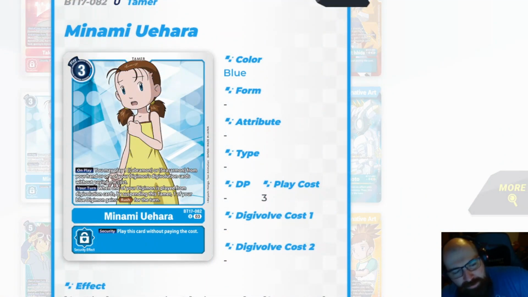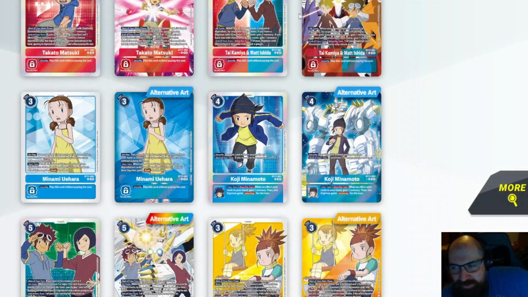Minami, on play, you may play Labramon or Sasarimon from your hand or one of your Digimon's digivolution cards without paying the cost, which is pretty cool. And then when one of your Digimon is played from digivolution cards, by suspending this Tamer, one of your blue Digimon gains rush for the turn. Do you play this in the Seafaring deck is my question now, because that's an effect I didn't think of before and might take the place of the